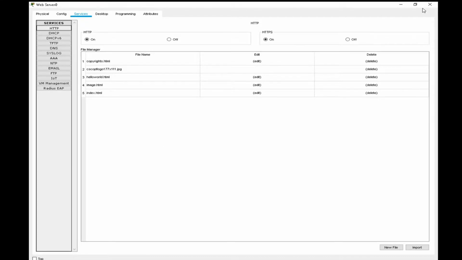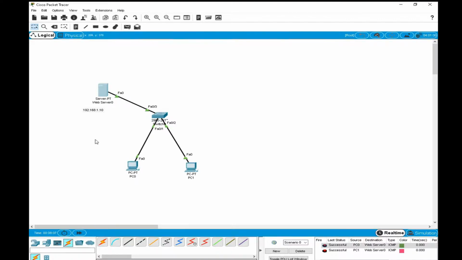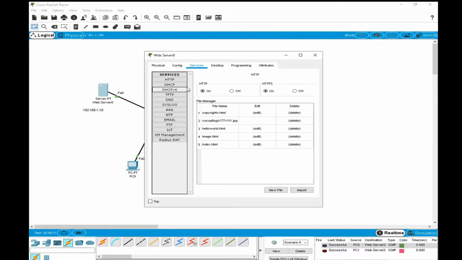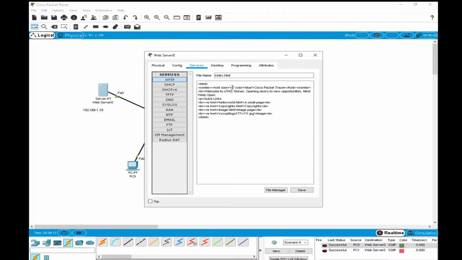Okay, now suppose I need to access this web page, how can I access it? Just let me increase the font size.